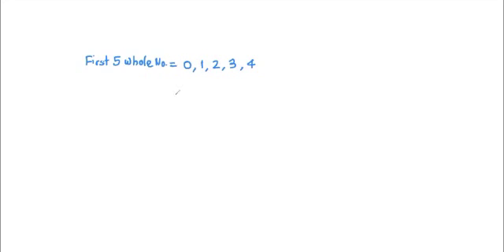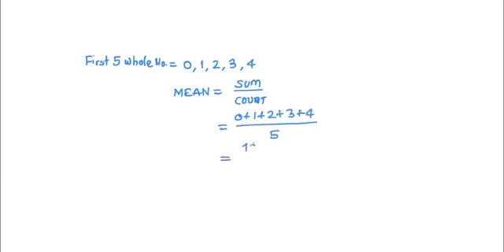Now we want to find the mean, arithmetic mean, and the formula for mean is equal to sum of observations divided by count of observations. Therefore,